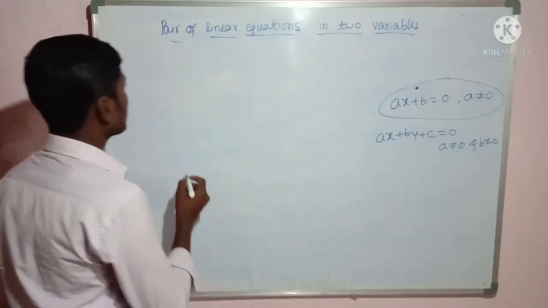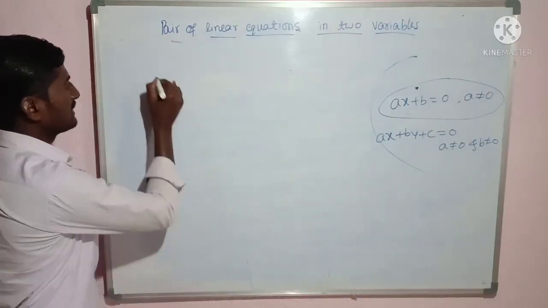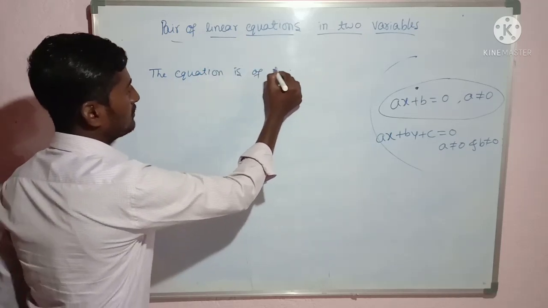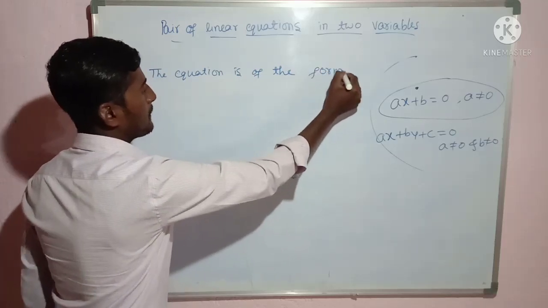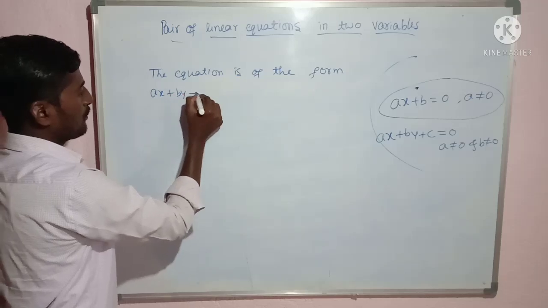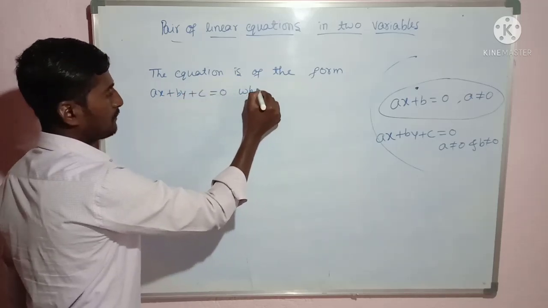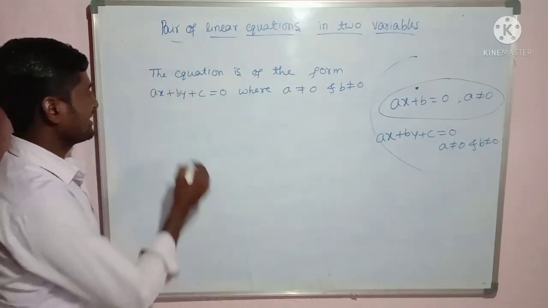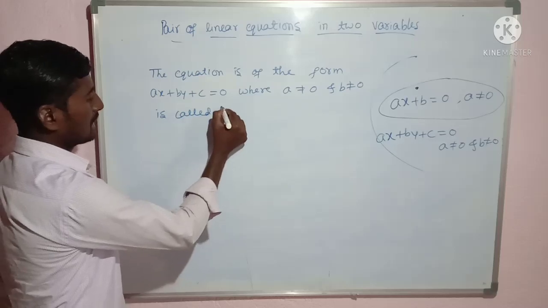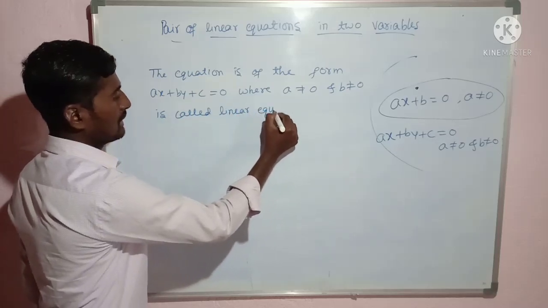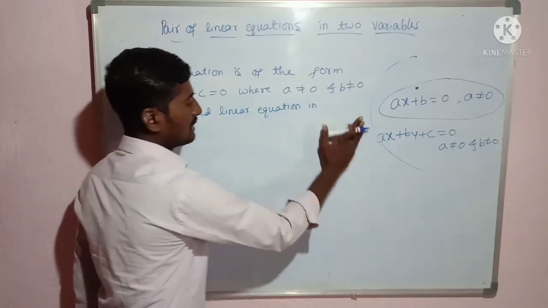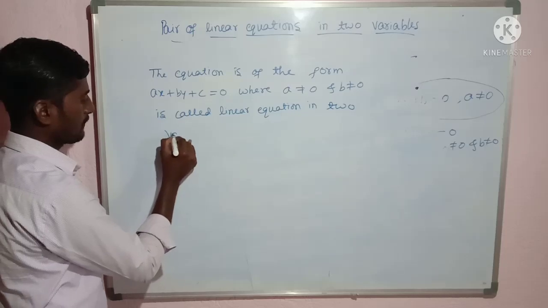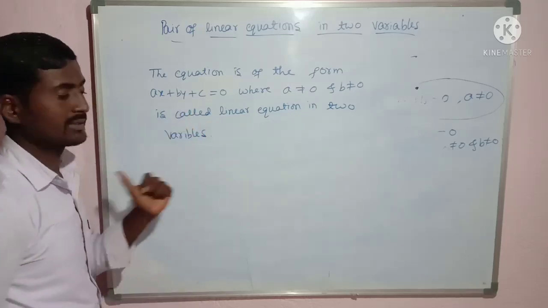Okay. Now you write. So first you should write: the equation of the form ax plus by plus c is equal to 0, where a not equal to 0 and b not equal to 0, is called a linear equation in two variables. Okay. You write this. Then after this,